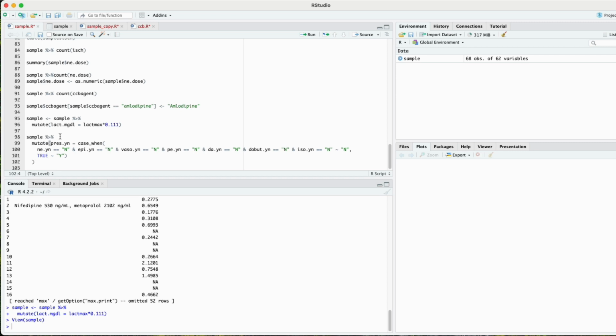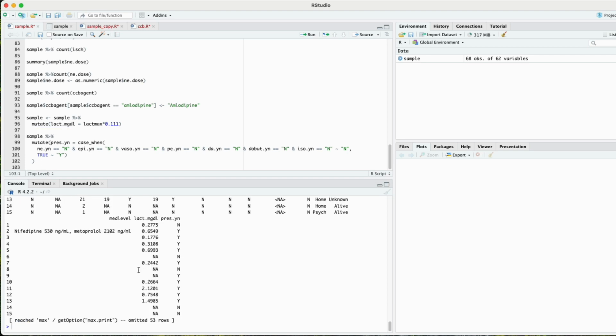So we have our sample and then our little pipe. And then the mutate command. We're going to call our new column pressors yes, no, and we're going to use this command case when. And this is going to be a bit of a double negative here, but if all of these conditions are satisfied, if the norepi yes no answer is no, if they didn't get epi, if they didn't get vaso, if all of those are satisfied, then we give a no. And there's a little tilde there. Then you use a comma, and don't ask me why this is, you just have to memorize it or copy paste it. TRUE, tilde Y, and then if I run that command as is, of course I get this weird, bizarre thing down here,